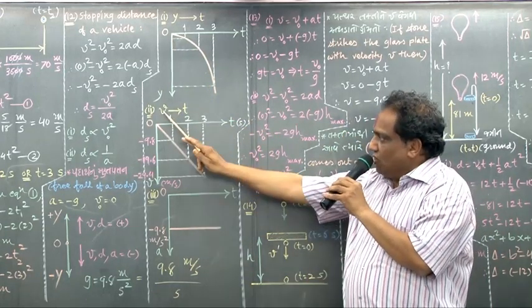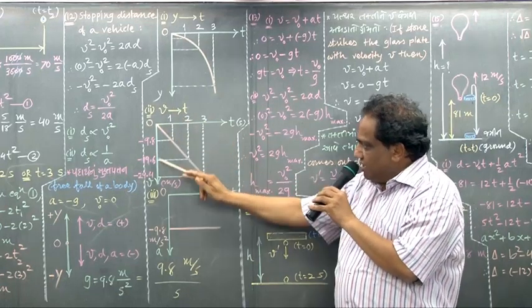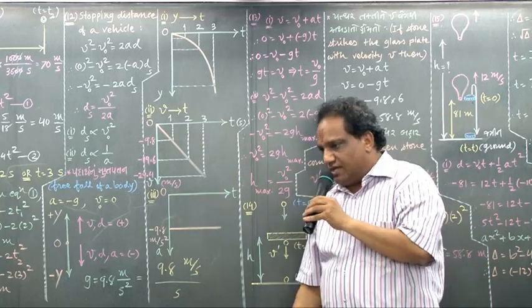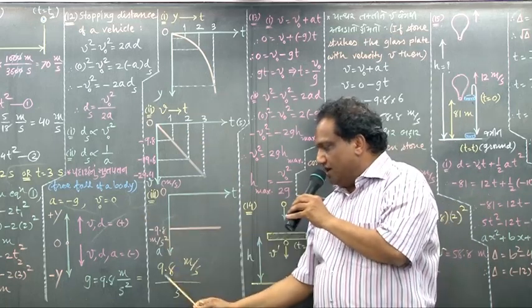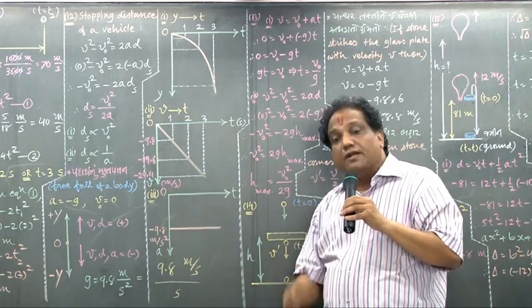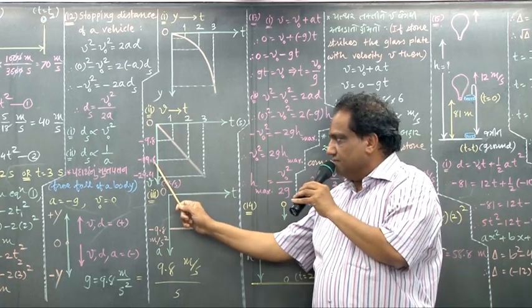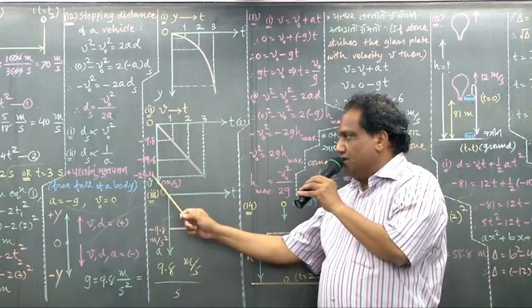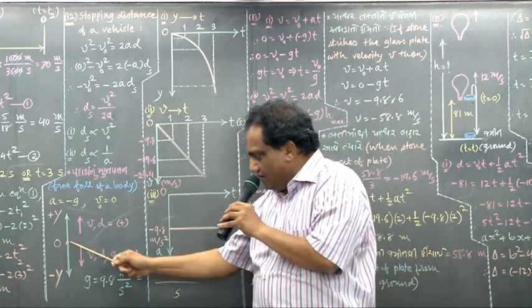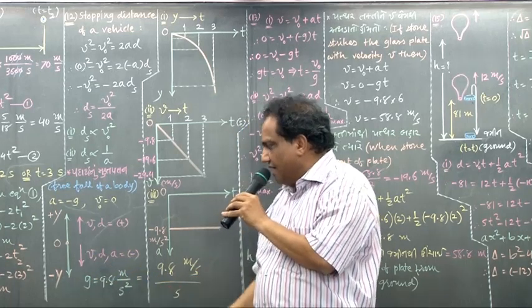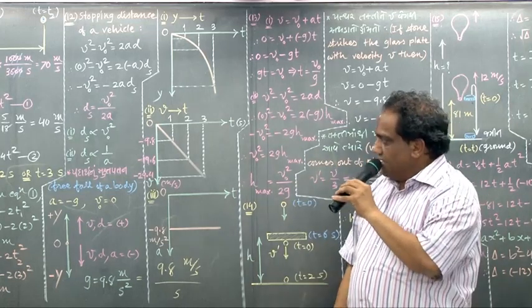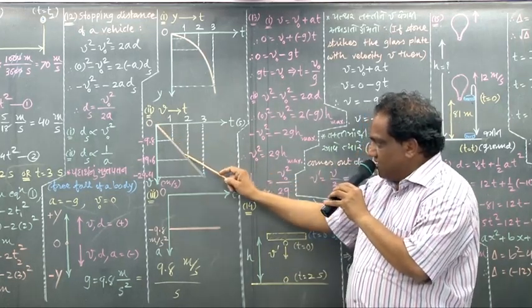Come on. Velocity versus time. Here it is velocity, correct? And here it is time. At the end of 1 second, what is the velocity? 0 plus 9.8, so it is 9.8. At the end of another 1 second, 9.8 plus 9.8. How much? But all these velocities are vertically downwards. Vertically downward velocity should be taken negative, so all these values are written negative. And then the graph is a straight line.